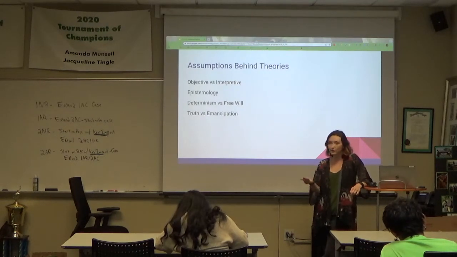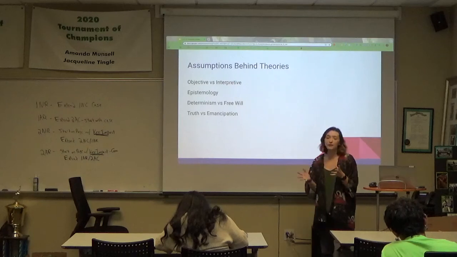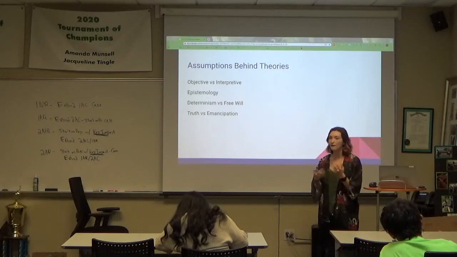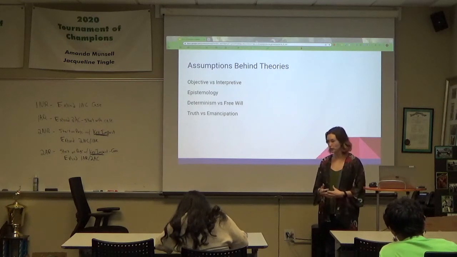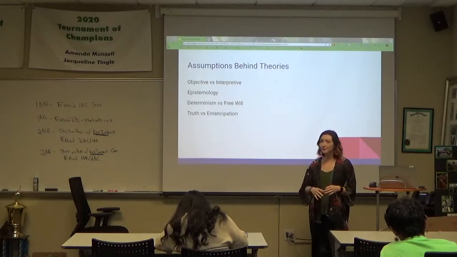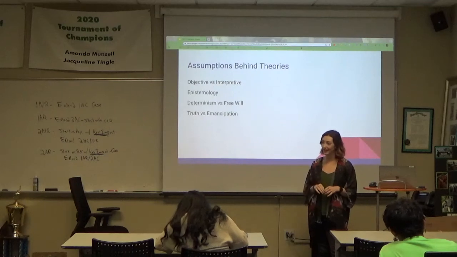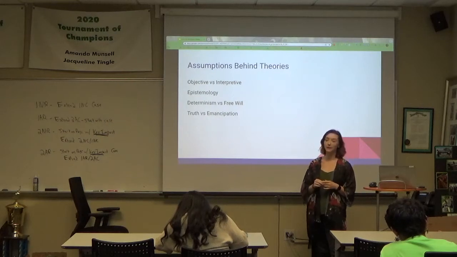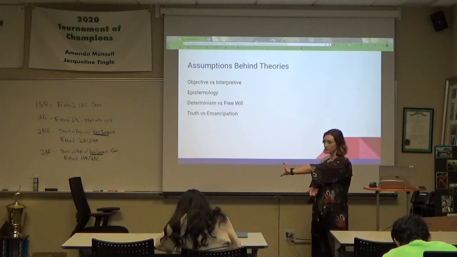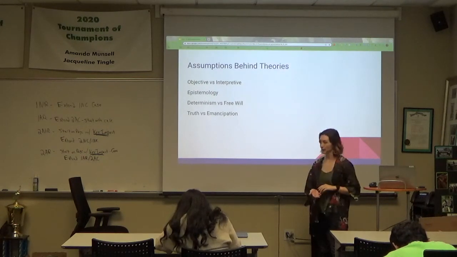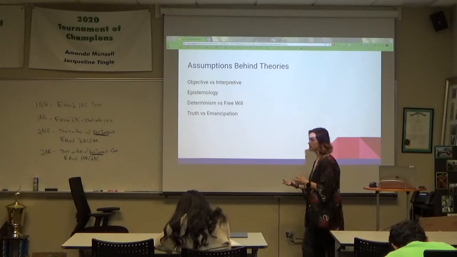It also means the types of information that interpretive theories take into account can be a little bit different. And so if we were to have a phenomenological account of a history or an event, so that's a first-person perspective from somebody who was there, that would be maybe a single data point in a very large set of data points. For somebody on the more objective side, they'd be like, okay, that's one thing. There were 100,000 people involved in this incident. How much do we really care about it? Whereas somebody on the more interpretive side might say, it's not that we can't glean things from all of this objective data, but it's perhaps not as valuable as this first-person perspective of what happened. And so it's just about what kinds of data and information these theories value.